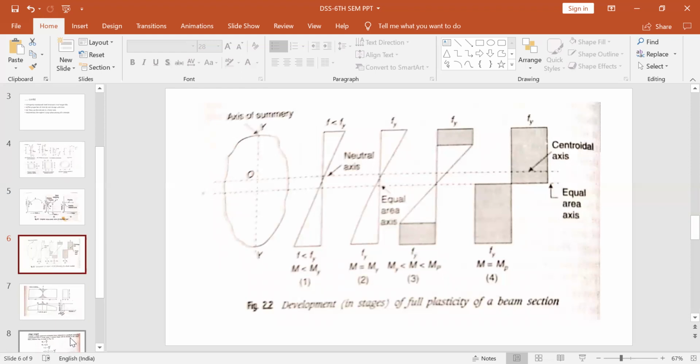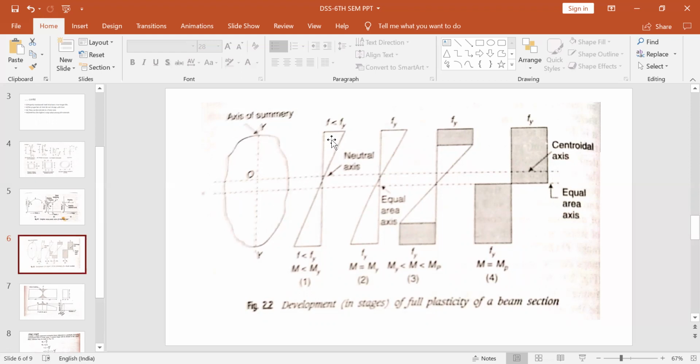Now, bending of beam. This you have to understand, how bending of beam occurs. So this is the axis. Now it is assumed that the stress-strain relation for the beam is an idealized elastic-plastic stress-strain curve, shown here in this figure. Now the beam is assumed to be under pure bending. Only pure moment is occurring here. No axial stress or axial force is here.